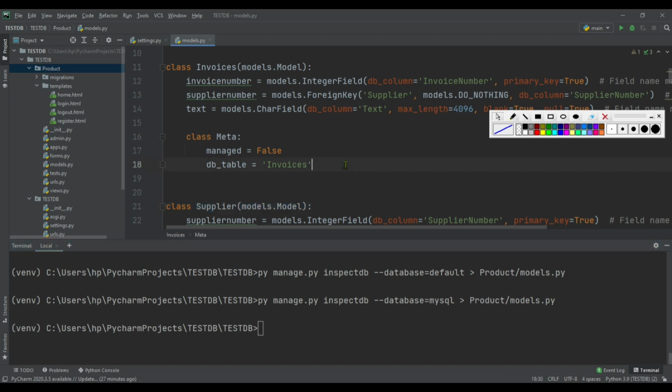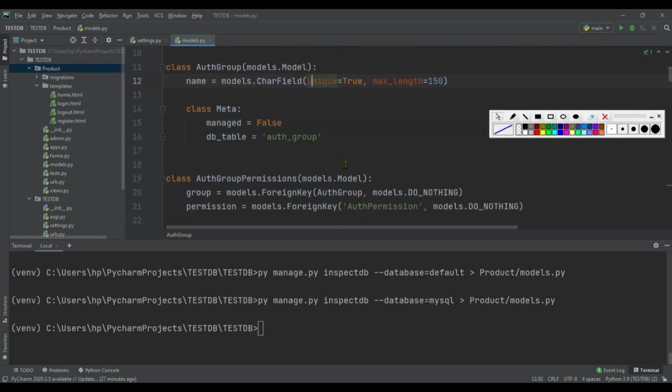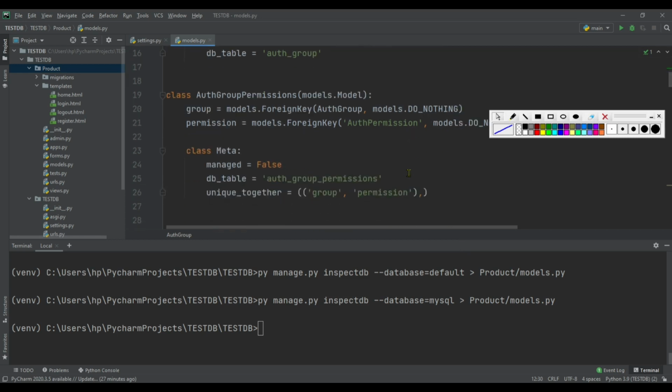Click on models.py file. The first two table names are removed. So the tables which we imported from Microsoft SQL Server are not visible. Only the tables from MySQL database are visible.